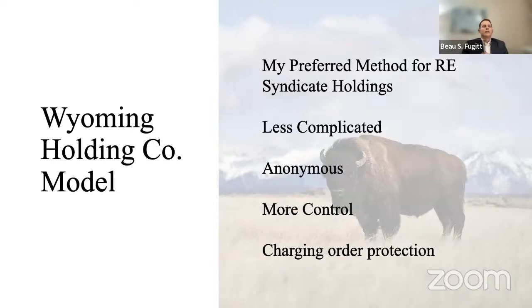Charging order is a legal remedy that essentially says if you have a judgment creditor, they get a judgment against you, the remedy that they might have would be a charging order, which says that they can't make you sell the property, and they can't make you do certain things, but they're entitled to any distributions of profit that you would receive from that property. What they don't receive is the management decisions, right?